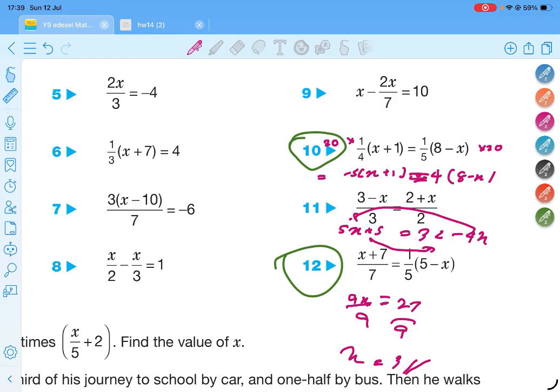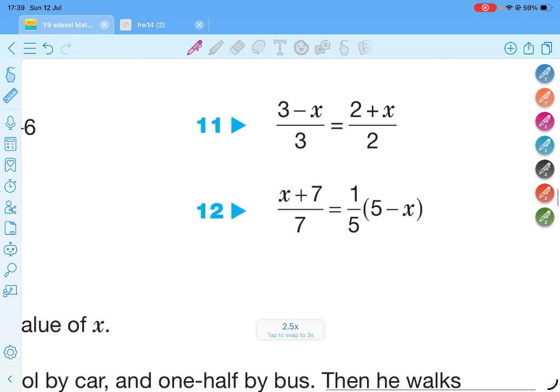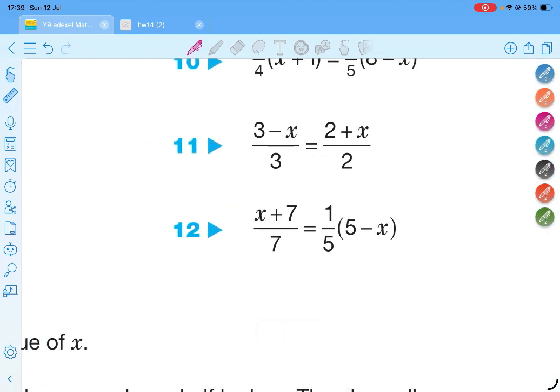Right. 12, 12, no? Can I erase? Oh. 12. Oh my god. I would like to do the same thing. No? Both sides multiplied by 7 times 5, 35, no? Yes, 35. No. When I multiply, I get a large number. So I'm not going to do that, I'm going to take cross multiplication.